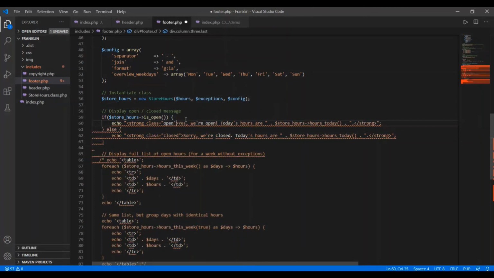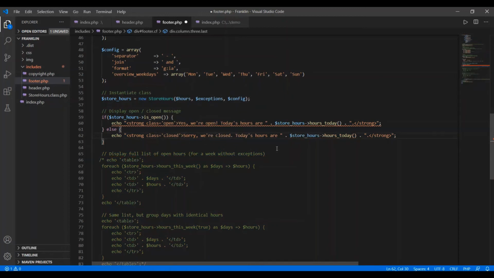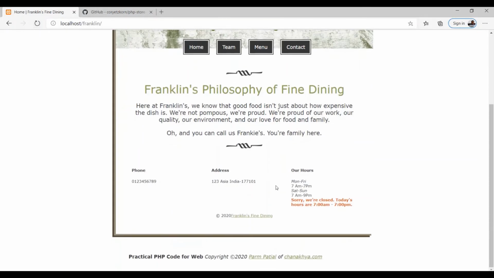I think it will solve the issue, because double quotes I am using for echo. So here I'm just going to use single quotes, and here we go. Save the changes, and again we refresh it here, and here we see this is displayed over here. Sorry, we are closed. Today's hours are 7 a.m.